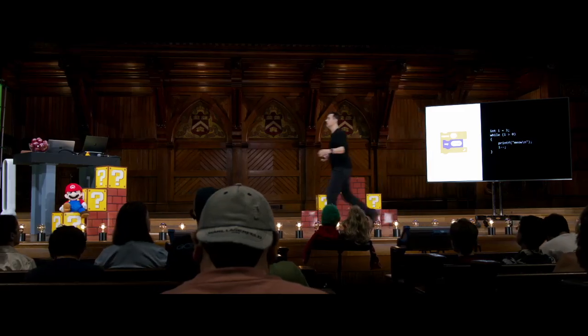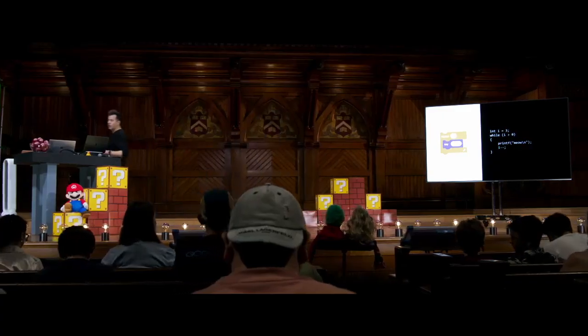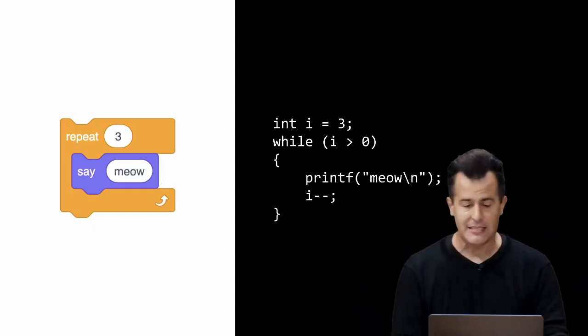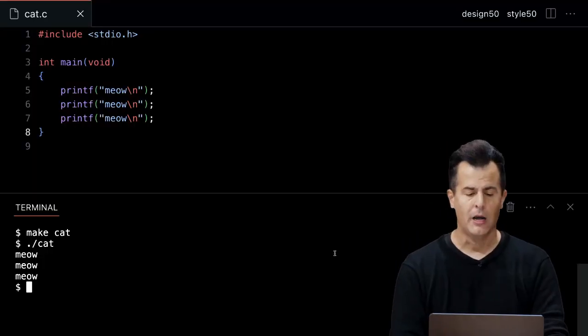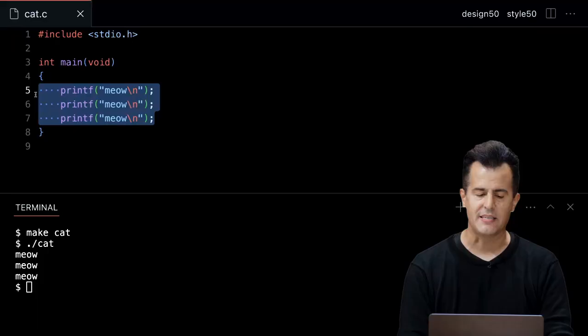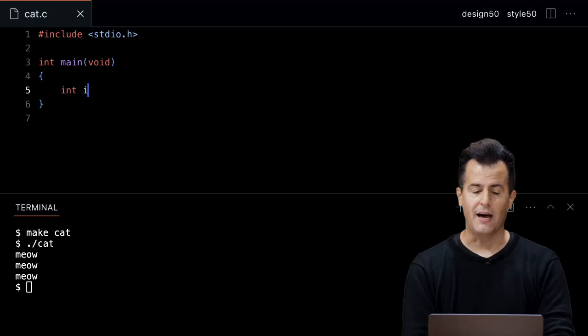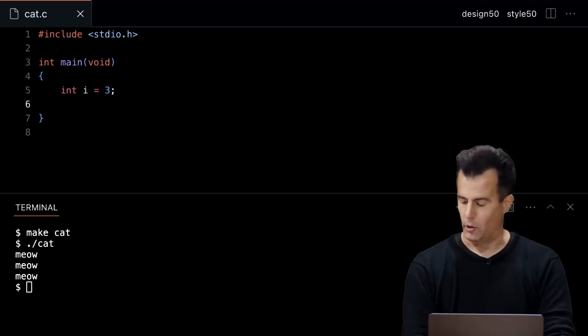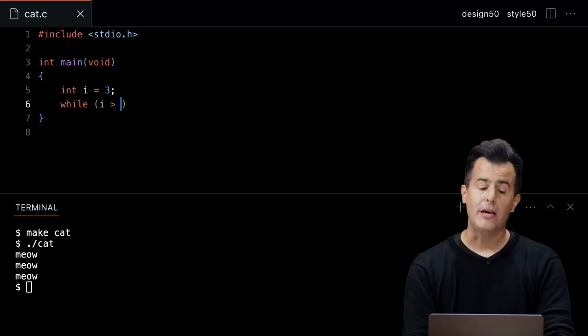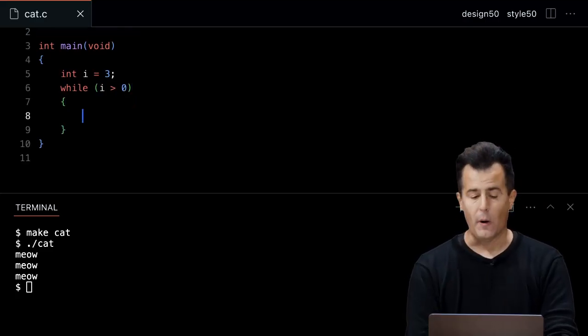So how do we actually implement this then in code and get it running? Well, it's going to be pretty much the same idea. Let me go back to VS Code here. I'm going to get rid of all of this copy paste. And inside of my main function, I'm going to do exactly what we saw. int i = 3; semicolon. While i is greater than 0, then go ahead and print out with printf "meow\n", and then be sure